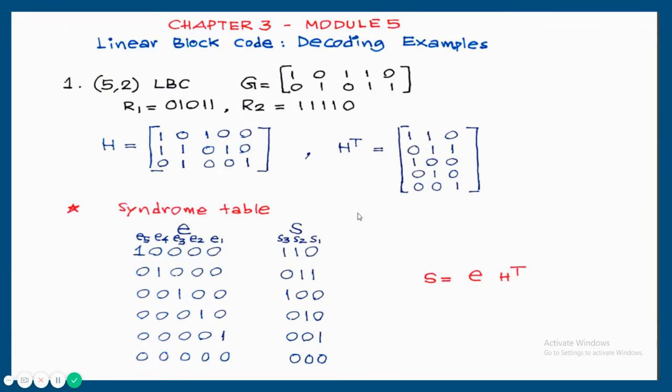So now all these 5 combinations will come here. The last will be 0 multiplied with H transpose. The product will be 0. So the last result will be syndrome is equal to 0. If syndrome is equal to 0, error pattern is also 0, and received code and corrected code are the same. So here, first we determined H, then H transpose. Using H transpose, we have completed the syndrome table. Now this syndrome table can be used for error correction.